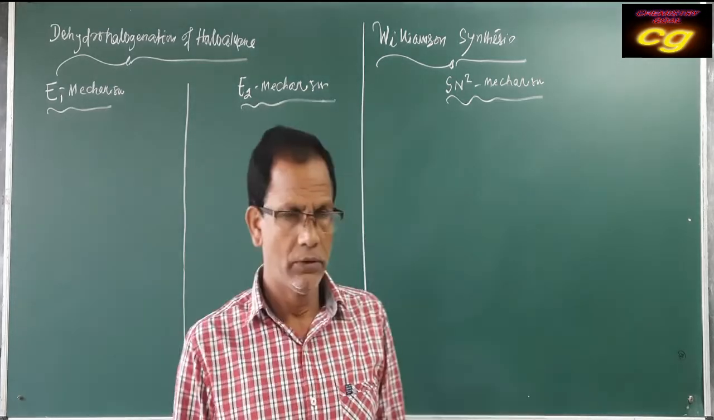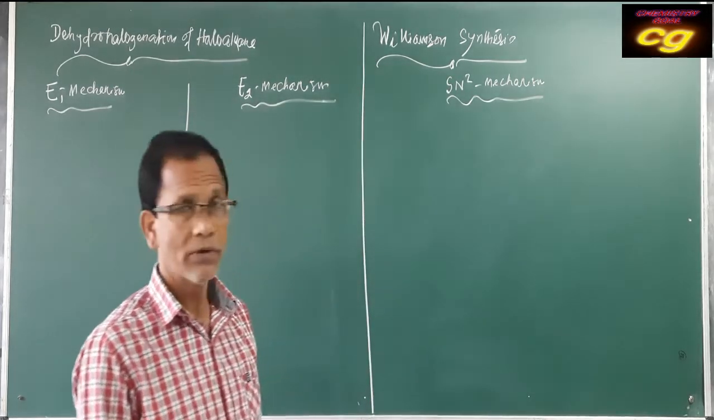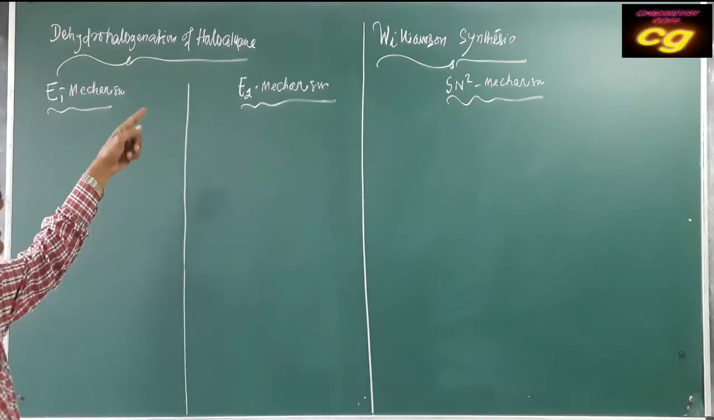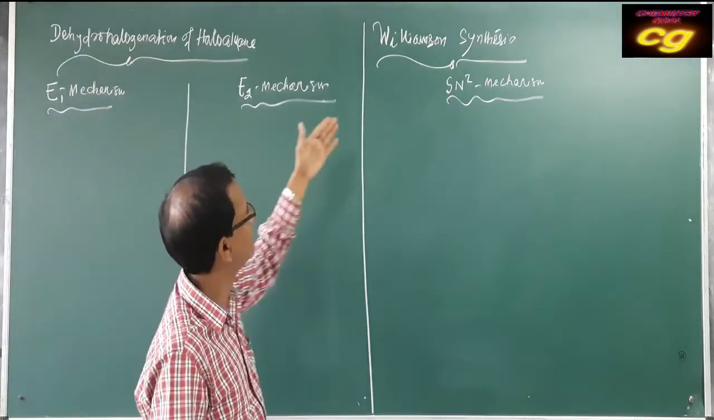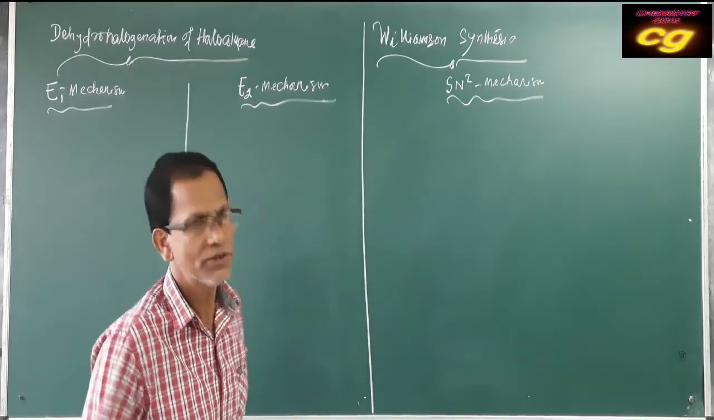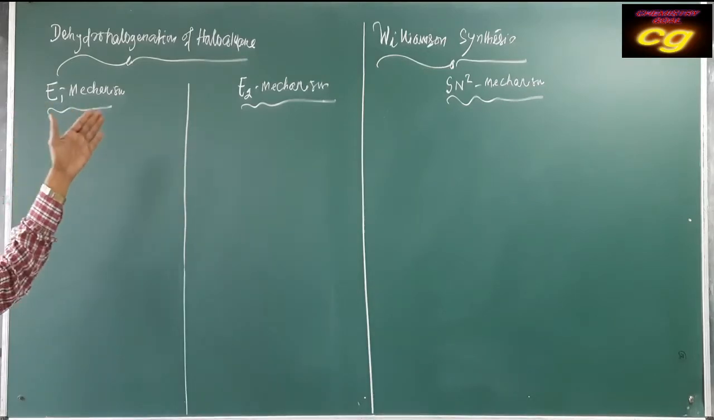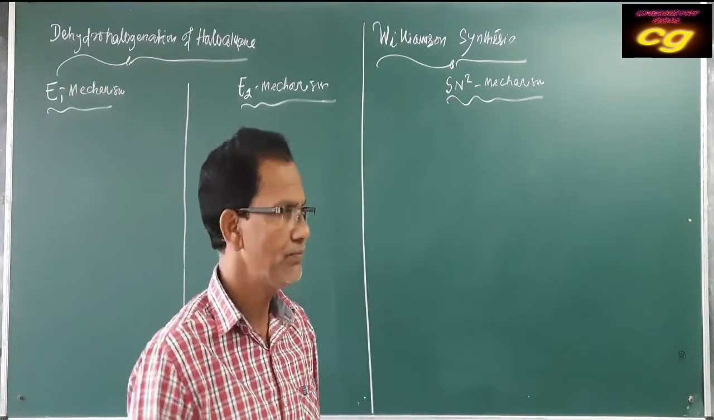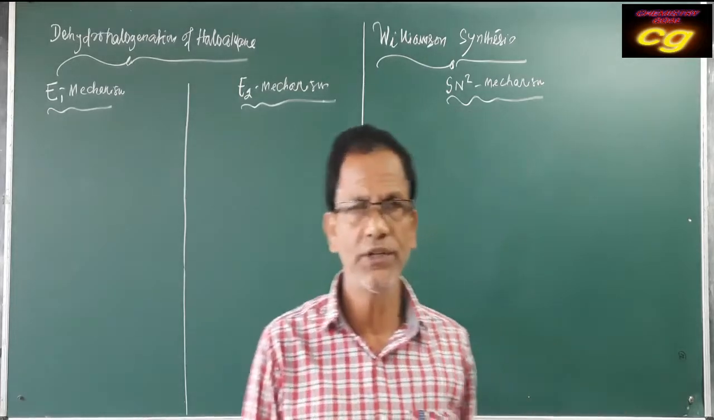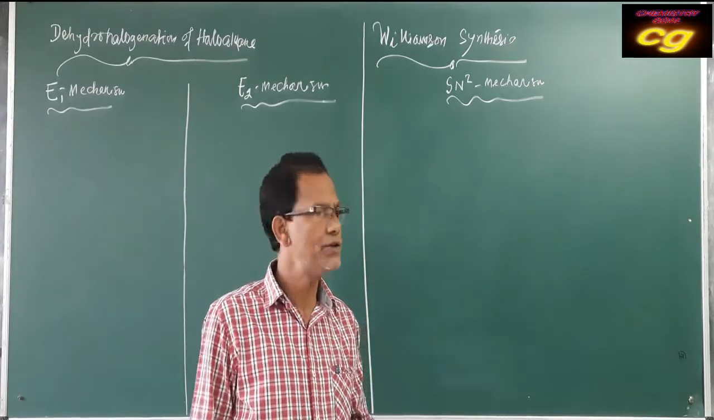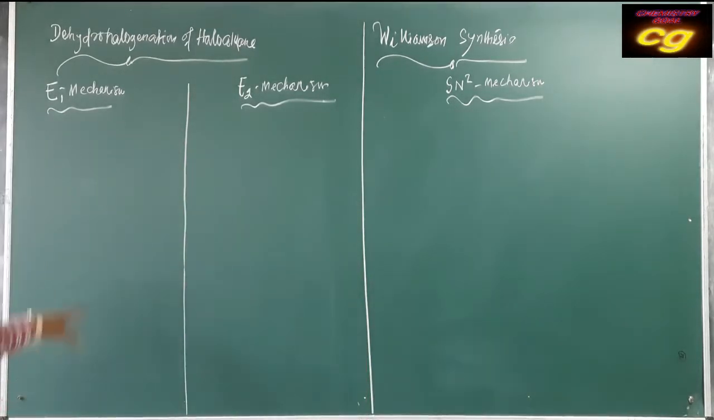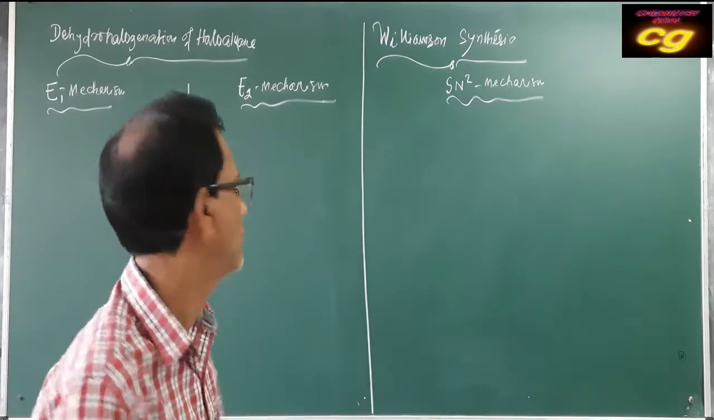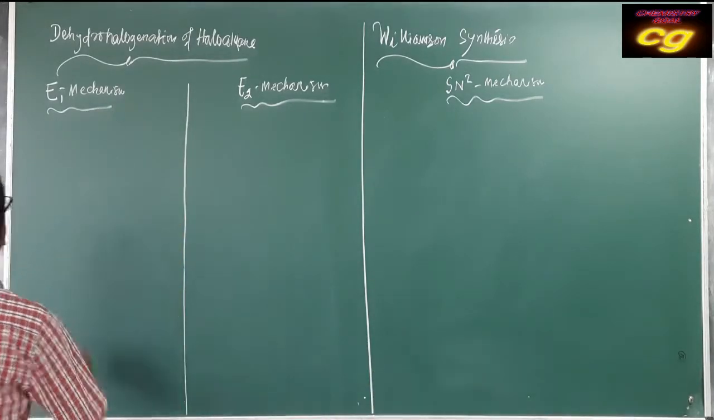Hello students. Now we are going to discuss some important organic reaction mechanisms: dehydrohalogenation of haloalkane, and also Williamson synthesis. Dehydrohalogenation of haloalkane is an elimination mechanism. Elimination, we know, may be E1 or E2 mechanism. E1 mechanism means mainly highly substituted haloalkane will be used. For example, if you take